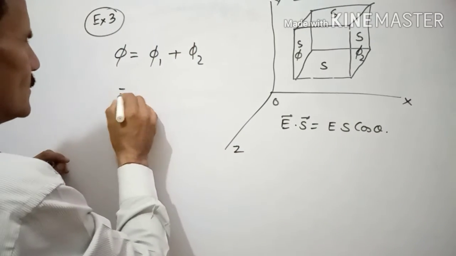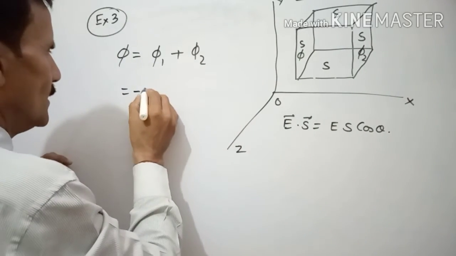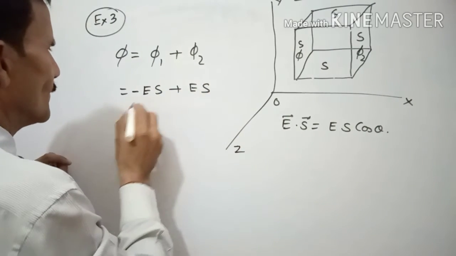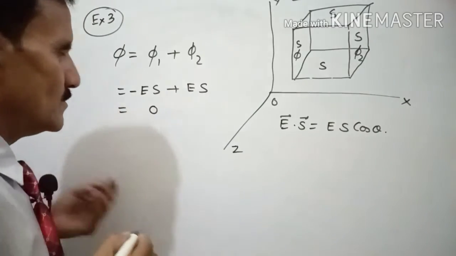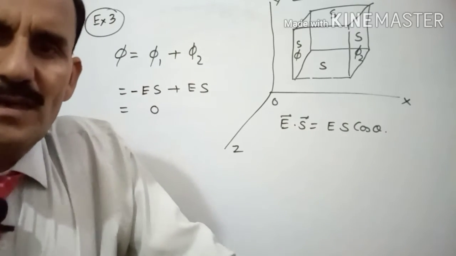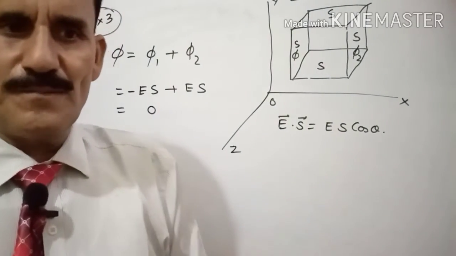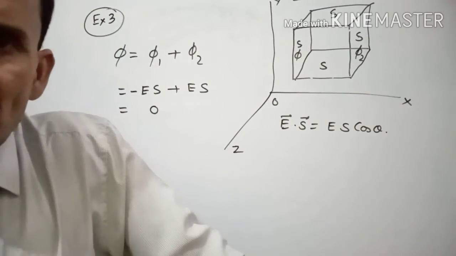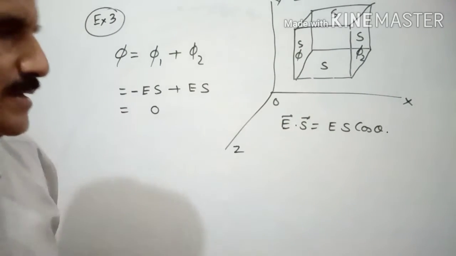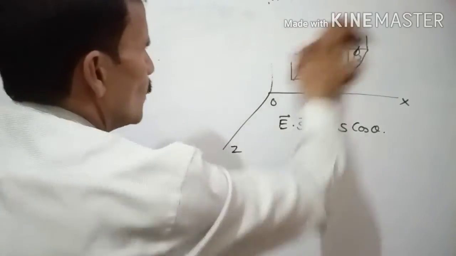Now for the opposite surfaces, it is cos 180, which is minus. So ES plus minus ES, then it will become 0. So if there is no charge, it is proving this also. So Gauss law can be proved with the help of these 2 examples. Actually these 2 examples were proofs of Gauss law. So if anyone asks you for a proof by giving an example, you can take these 2. Now these concepts can be applied for doing questions also.